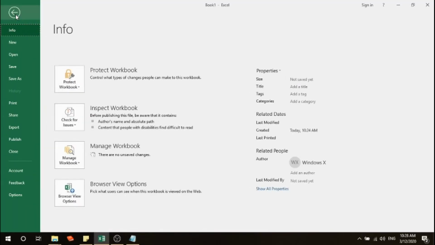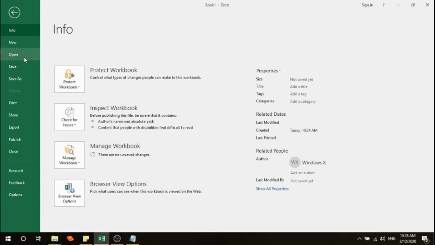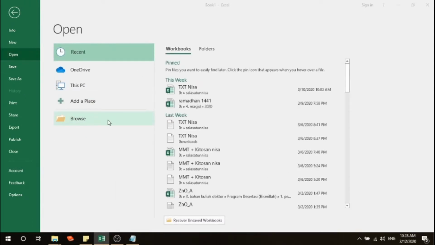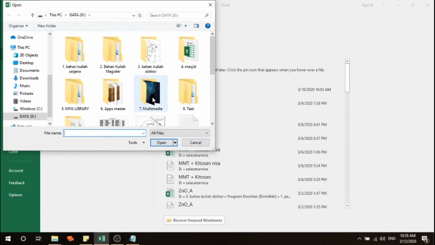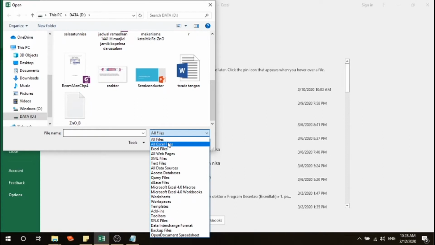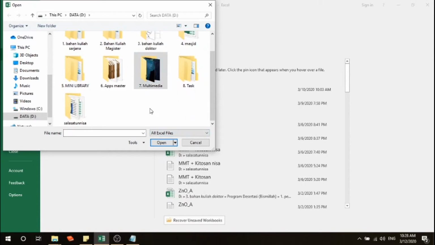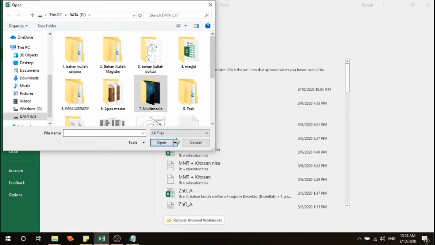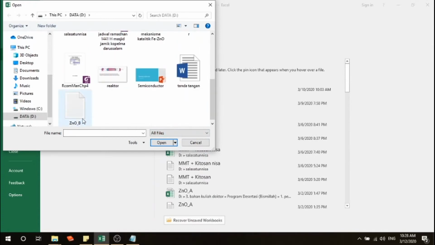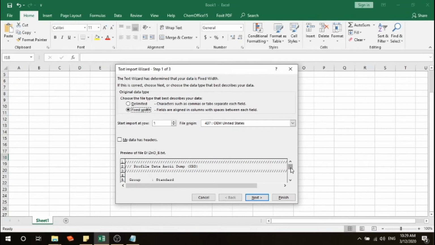So go to File in your Excel and then open your data. Make sure this has been changed to All Files. If the default is All Excel Files, the Notepad data will not be shown here. So click to change to All Files and then open the data, the Notepad, and then